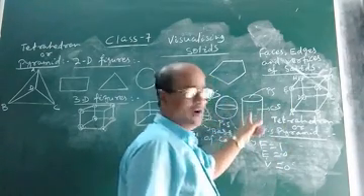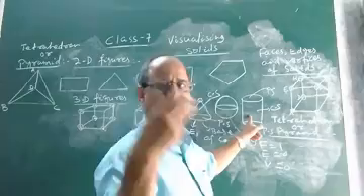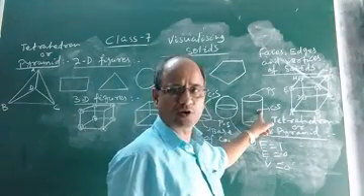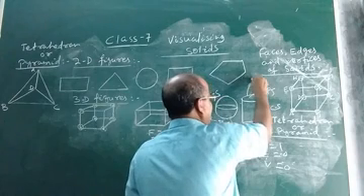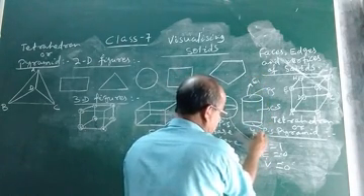So a cylinder is again a 3-dimensional solid, having 3 faces or 3 surfaces. 2 of the faces or surfaces are plane and one is curved. Then how many edges? You see, this can be one edge, edge 1, and this can be another edge, edge 2.